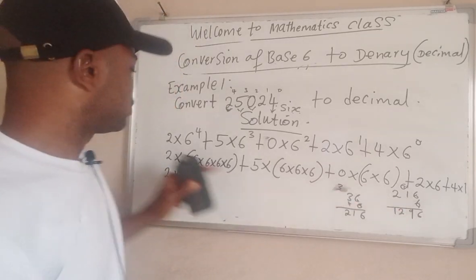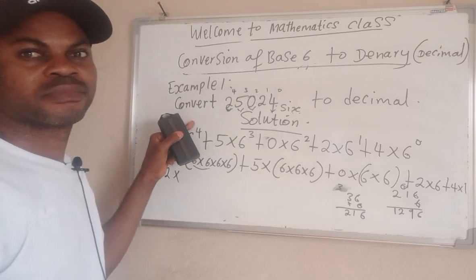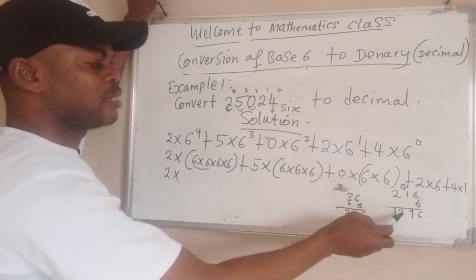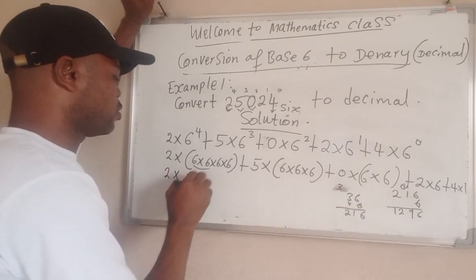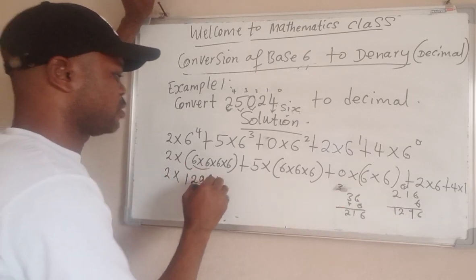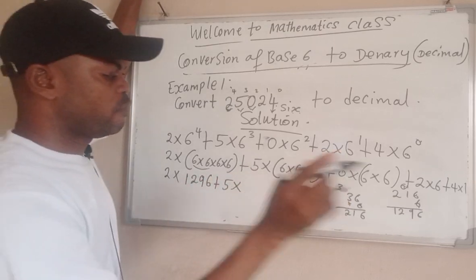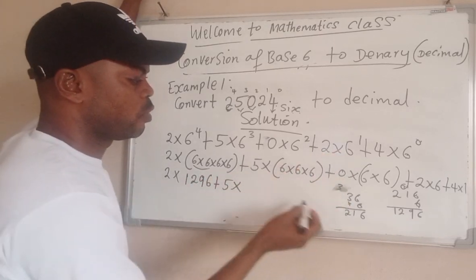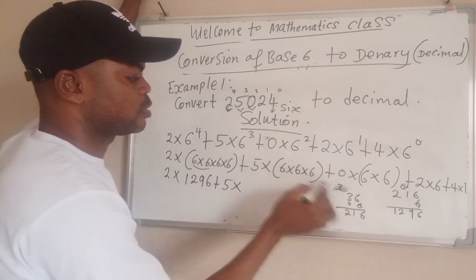1296. So what it implies is 6 raised to 4 is 1296. So we're going to write 1296 right here plus the 5 times. Don't forget this. We did it before already, which is 6 times 6, 36. 36 times 6 gives you